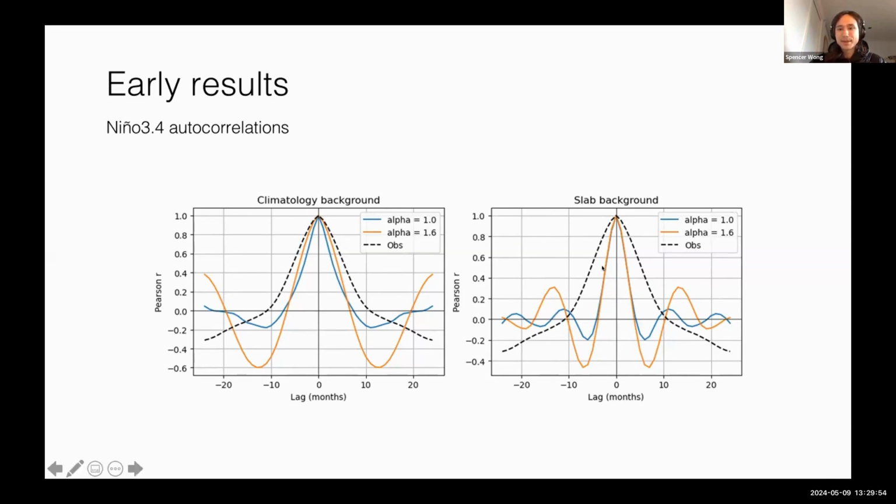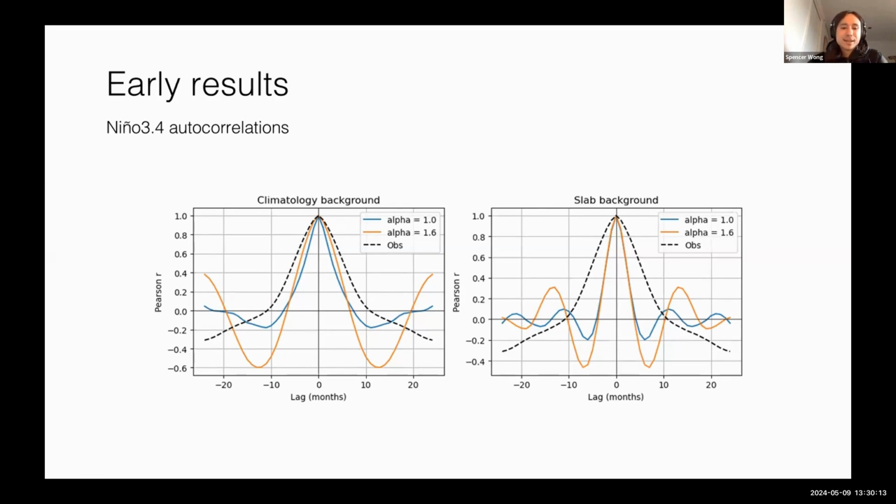One reason we tried introducing this coupling strength parameter was to strengthen that coupling and hope that it would widen those peaks. But for the slab SST background, it doesn't really have that